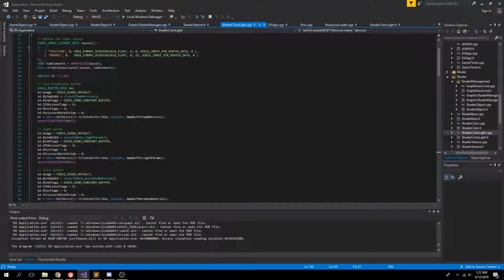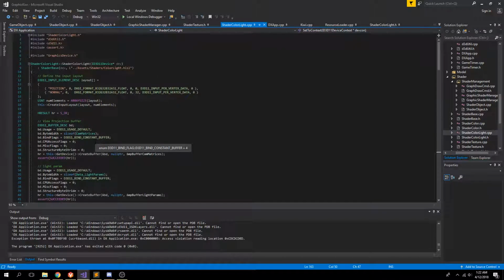Since we're already passing the file name inside of the actual shader class, and given that I'm pretty sure we're not gonna have two instances of the same shader,